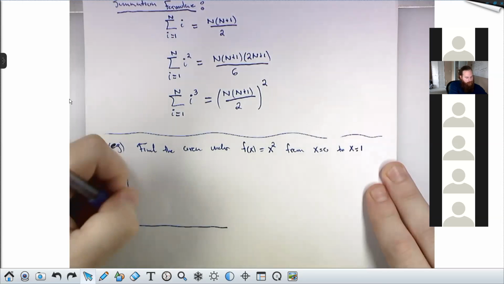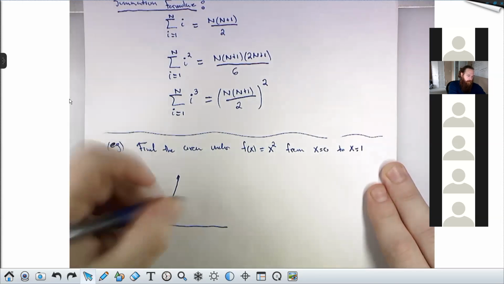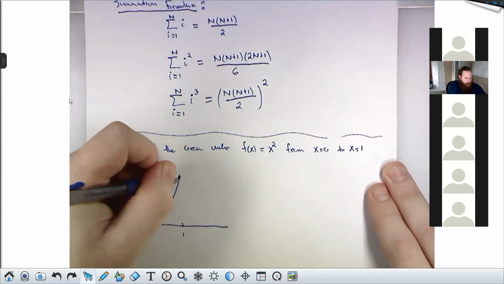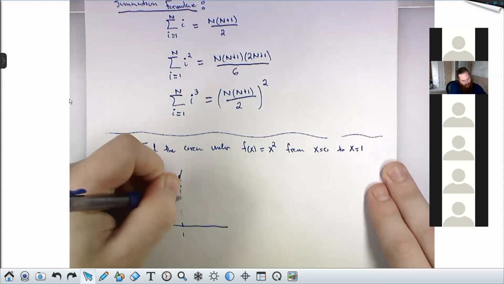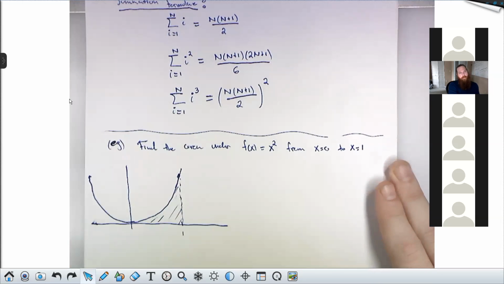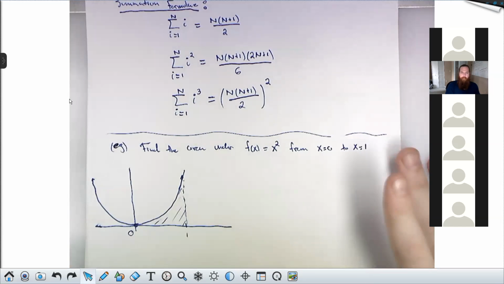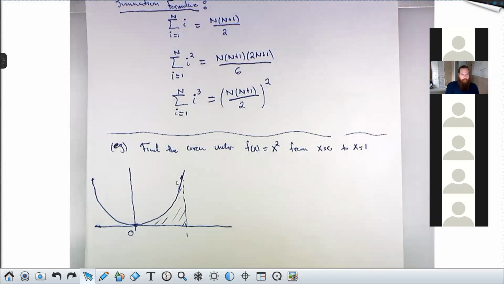We know what f of x equals x squared looks like. It's this parabola. And if I call this 1, then the area I'm looking for here is this. So this one I cannot use geometry for. I need the calculus because the area here is bounded by this curvy thing. And curvy things make area problems wicked hard because I can't think of this as like a triangle or anything like that. But I can still do my Riemann sum thing.